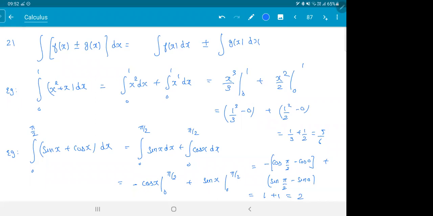So if you have two functions, just split them, right? And then just add or subtract them, whatever function is given. We have done these kinds of things in differentiation also. If there are two functions, differentiate each of them and add or subtract them accordingly. There is also a product rule, but we will never use it in physics, so there is no point in learning.